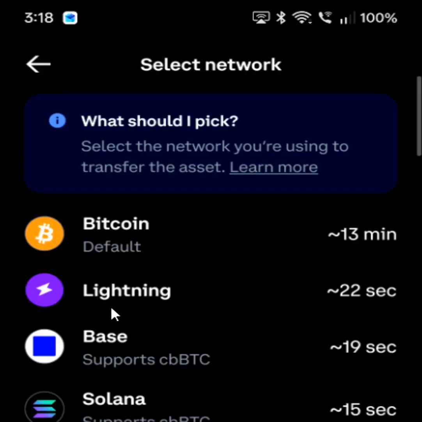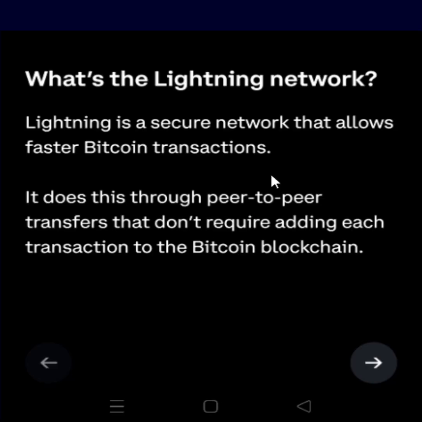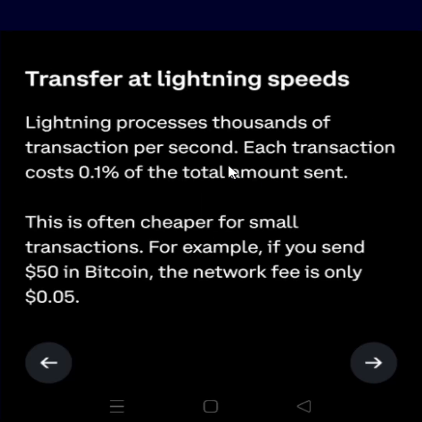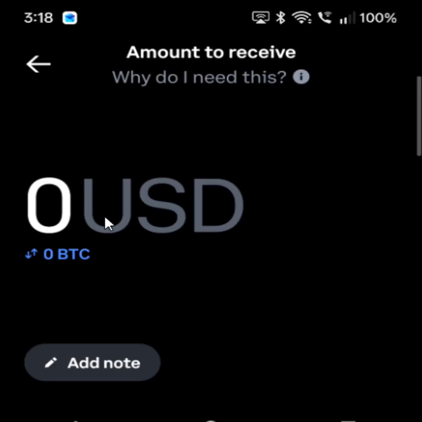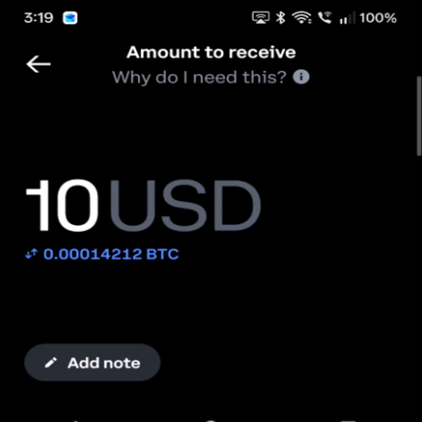So I'm going to open up the Lightning Network option here. It gives a quick explanation as to what the Lightning Network is, so you can read over that if you want, but continuing to move on. For the Lightning Network, we're going to enter in exactly how much US dollars worth of Bitcoin is going to be sent. For this example, I'm going to do 10 US dollars of Bitcoin,